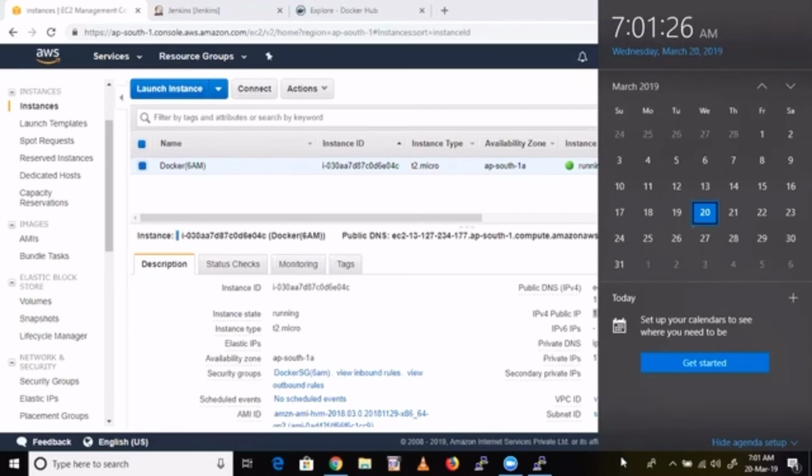Connect in the sense, you can create a Docker container as a web server, and you can connect that one to the RDS database server. So these kinds of connections you can do. Yeah, that we can do. How we are connecting, that is important, right? We can do it.